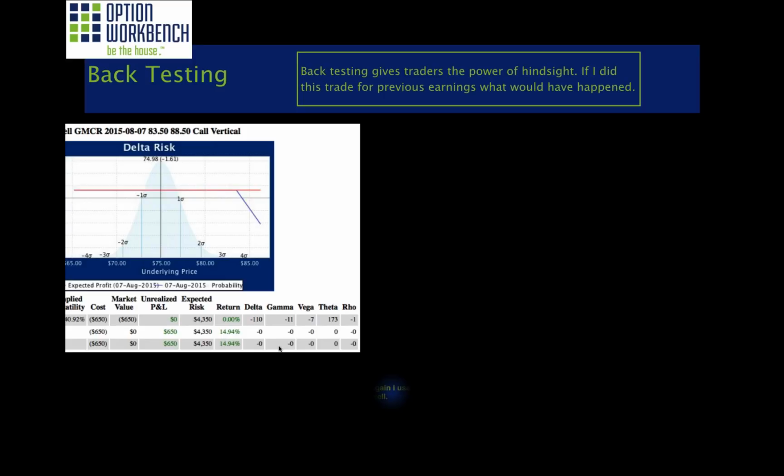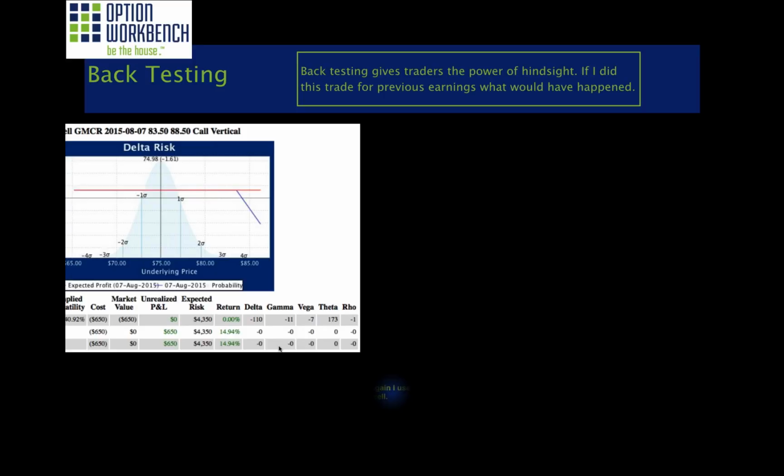So I sold a near-term call vertical, so I can maximize the theta. And if I had done this trade back for the May 2015 earnings, I would have made over 26% return. And then I used that median up move in standard deviations from the earnings report to determine which strike to sell.